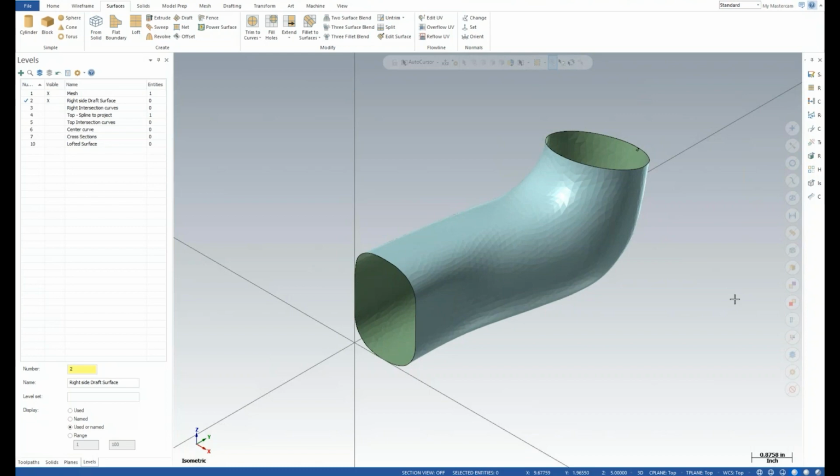Some of the things that we're going to cover here are modifications in Mastercam in the 2022 release. One of the big pushes that we've made with this release is better support of mesh entities. We know our users have been getting more and more mesh models for manufacturing, and we know that as they come in, often they're not quite ready to be cut, manufactured. And so in this release, we've done a lot of work with mesh.